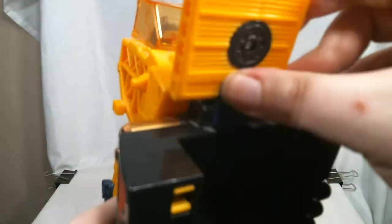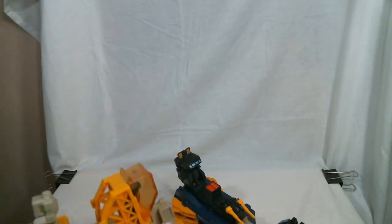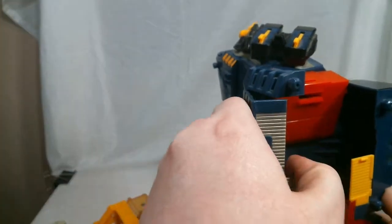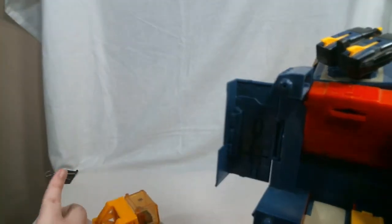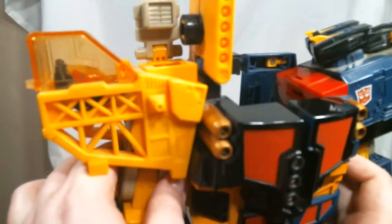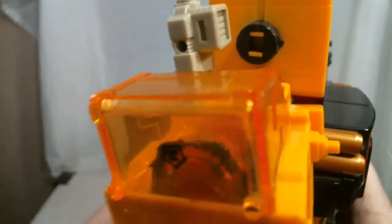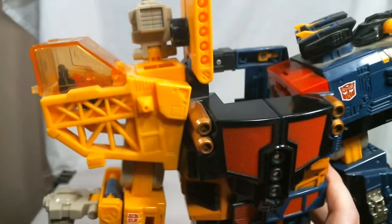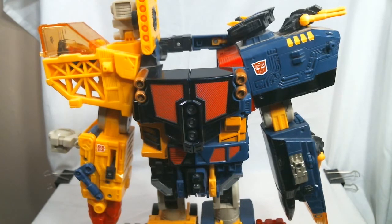Take this yellow piece, bring it up to the side like that. Open that up. Take this side, open up this panel, fold that in, and then you just put Optimus into one side or the other, and then sandwich this around him. I forget exactly what this mode was called, like Omega Prime or Optimus Supreme or something incredibly weird like that,